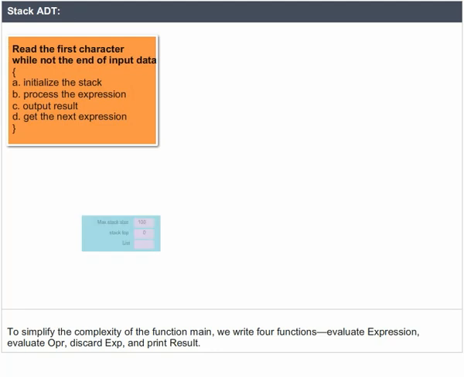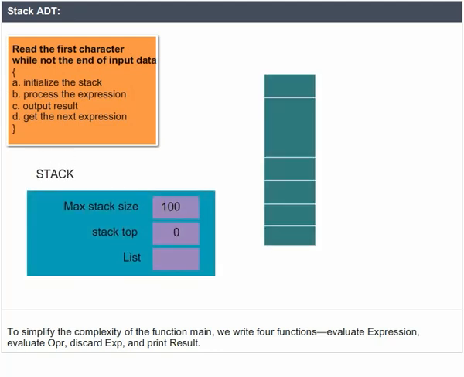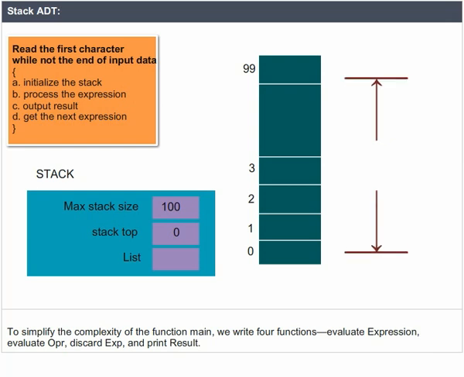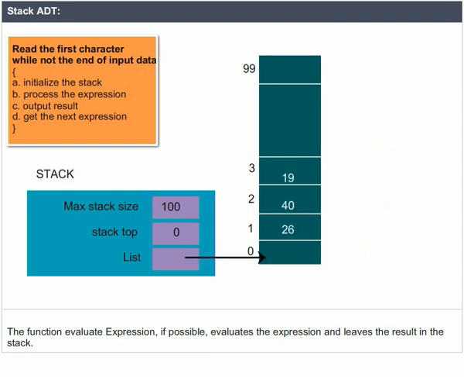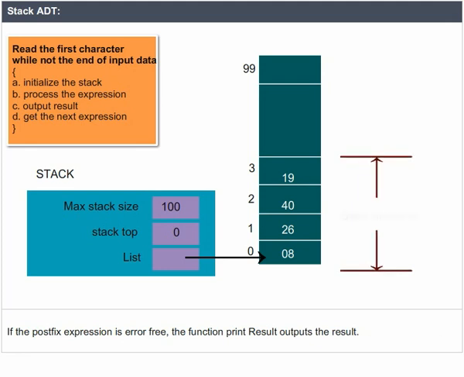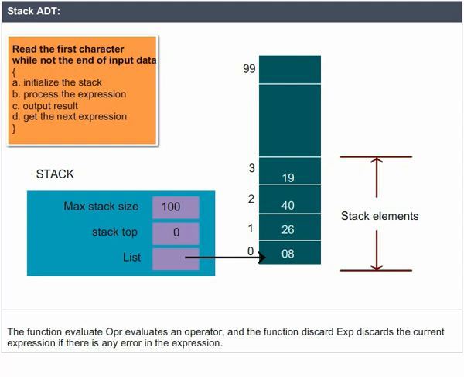To simplify the complexity of the function main, we write 4 functions: evaluate expression, evaluate operations, discard expression, and print result. The function evaluate expression, if possible, evaluates the expression and leaves the result in the stack. If the postfix expression is error-free, the function print result outputs the result. The function evaluate operations evaluates an operator, and the function discard expression discards the current expression if there is any